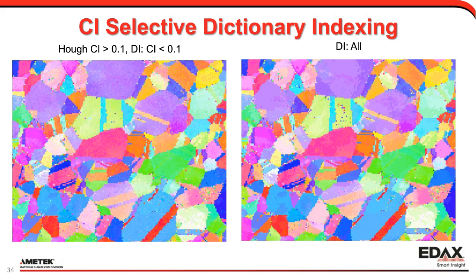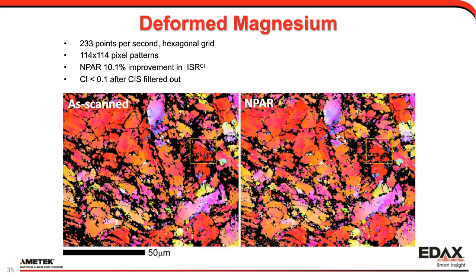Now, we've also looked at the deformed magnesium sample. In this case, it's a very difficult sample to get good results on. We used a little bit larger pixel patterns in the collection, even though we used the 60 by 60 in the dictionary indexing. So you can see that the data is good, but it is sparse. It's not perfect. And even our NPAR didn't provide too much improvement,